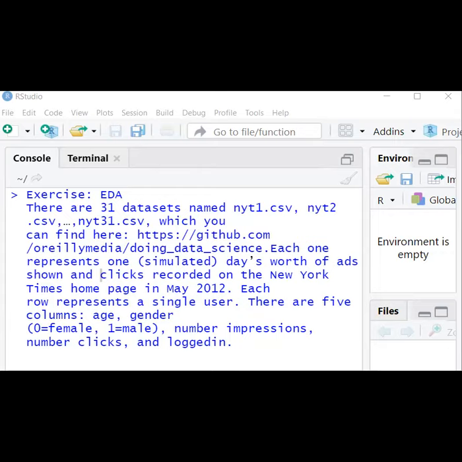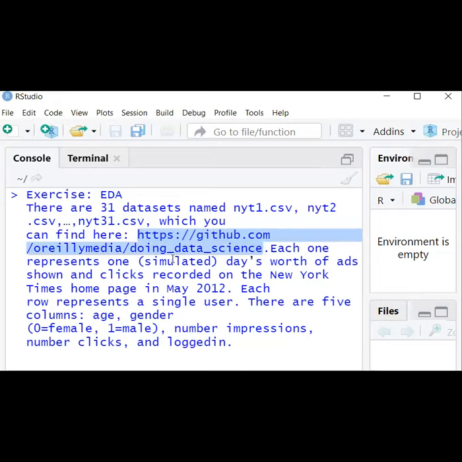Those details are stored in this data set. That information is present in a CSV file, comma separated values. 31 such data sets are present at this URL in GitHub.